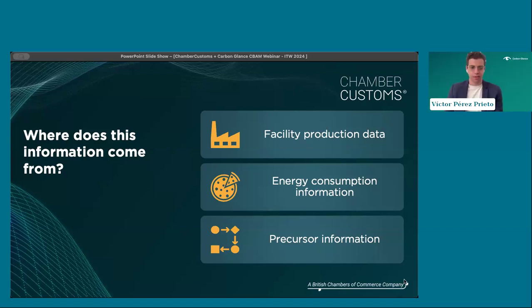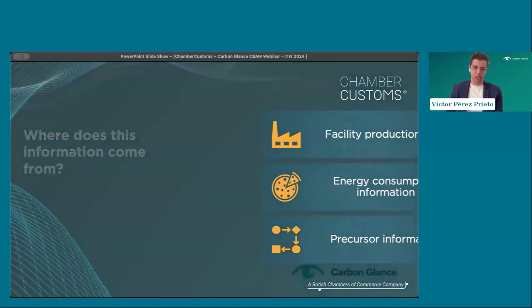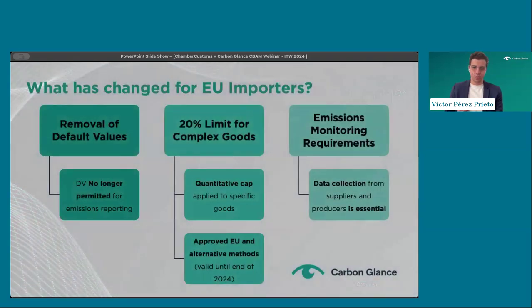Thank you, Manuel. So I'm going to speak now about the other side of the equation, if you want, what has happened lately in terms of obligations for the EU importers. Because as Manuel mentioned back then, the legal obligation for CBAM applies on the importers, not on the exporters to the EU.